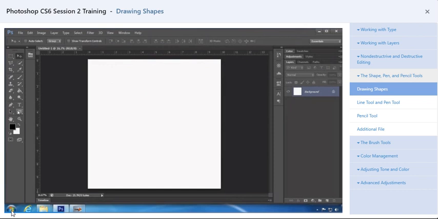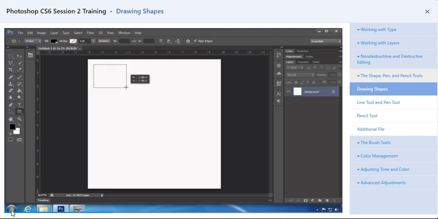So I'm going to start by grabbing the rectangle tool. And the rectangle tool's job, as you might expect, is to draw shapes. Now, up here at the top in the options bar, I want to point out that we can choose to draw a shape, a path, or pixels. So whichever you prefer. A shape is basically going to create a vector-based shape that's filled with a color. A path is only going to create the vector components, and pixels is just going to be a shape filled with pixels. So I'm going to leave this set to shape,